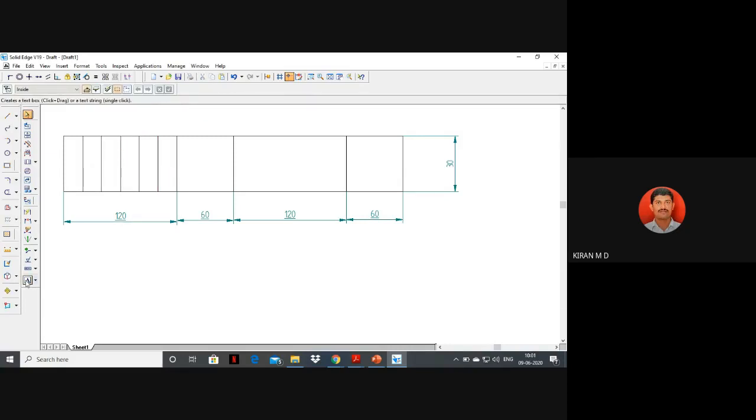So now I divide it into 6 parts. Sir, why 6 only? It is feasible. You can use 4 only, or you can use 8 also. But use an even number of divisions. If you use 6, that is feasible, because if you use fewer lines, you will get fewer points on the circle, this one, the cam profile. So you can't draw a smooth curve. If it is a larger number, it is very difficult to draw that. So more number will take more work also. Okay. Okay, sir.